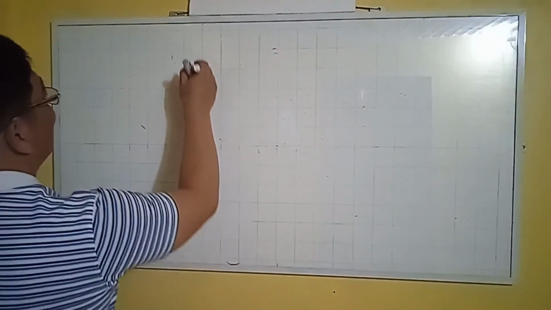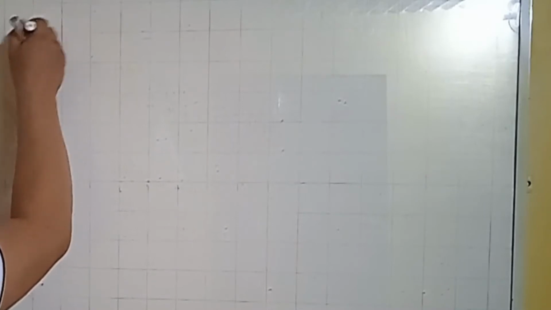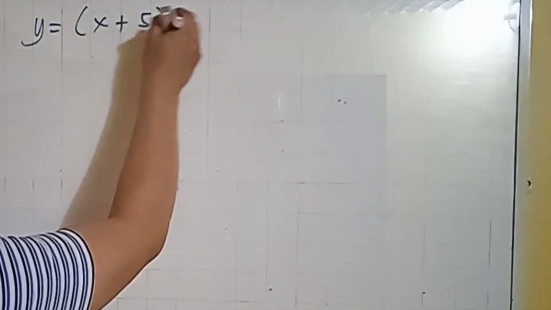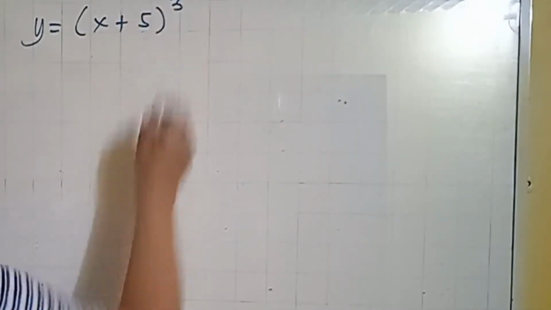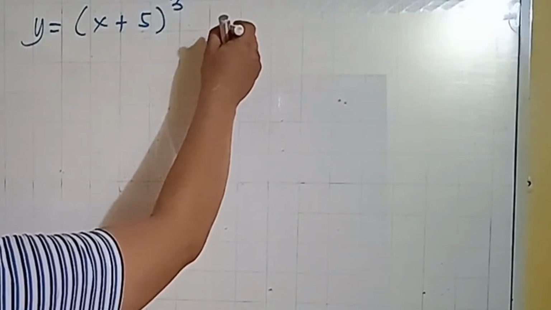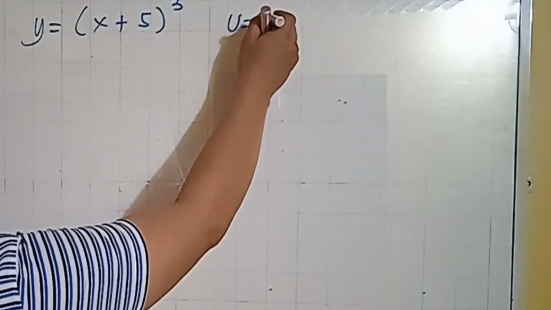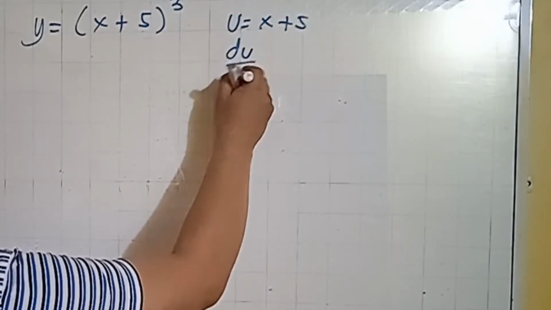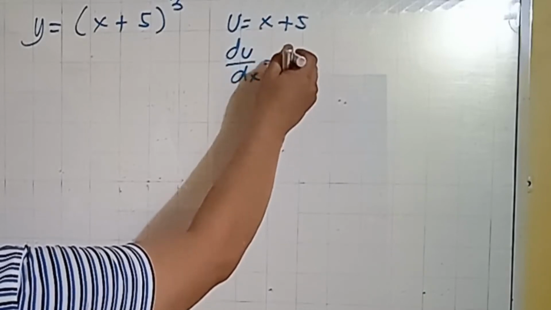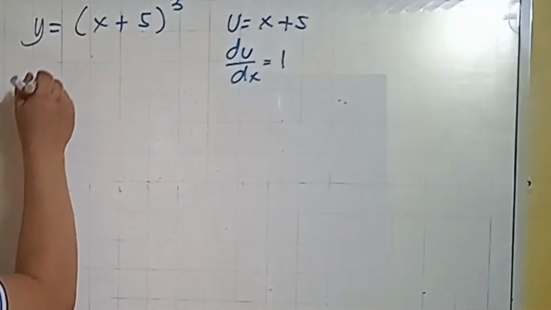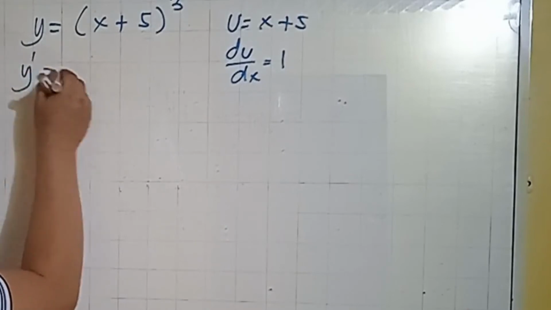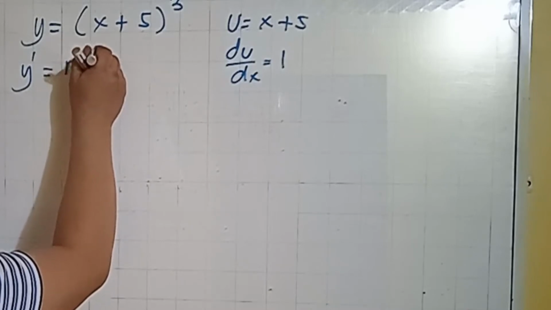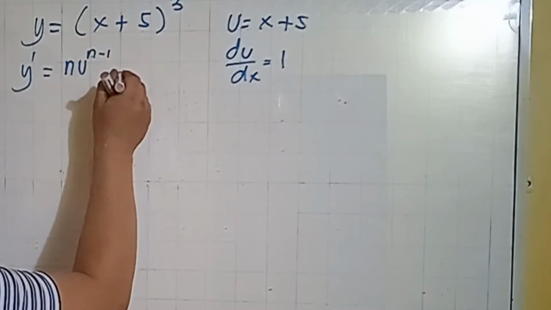Okay, let's have another problem. Say y is equals to x plus 5 raised to 3. So say u is equals to x plus 5, du over dx is equals to 1. So derivative of x is equals to 1. So we have our formula using chain rule. We have n times u raised to n minus 1 multiplied by